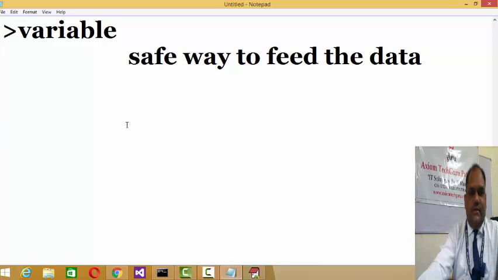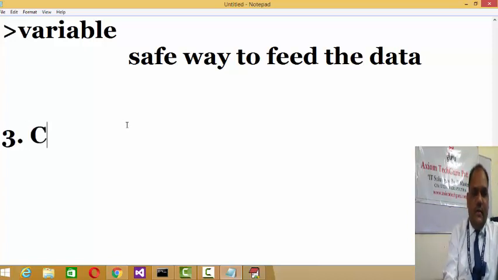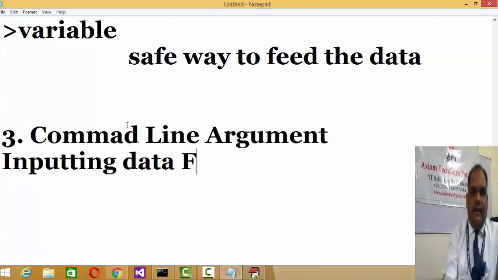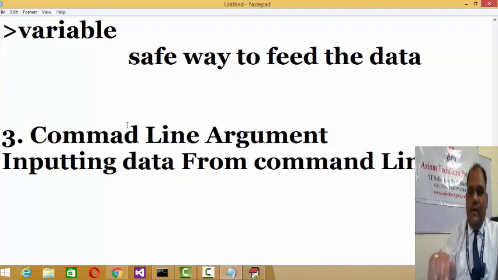Now the third data input technique is called command line arguments. Command line argument means actually inputting data from the command line, right? I'll explain this.